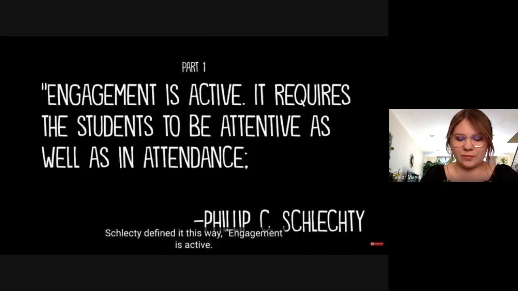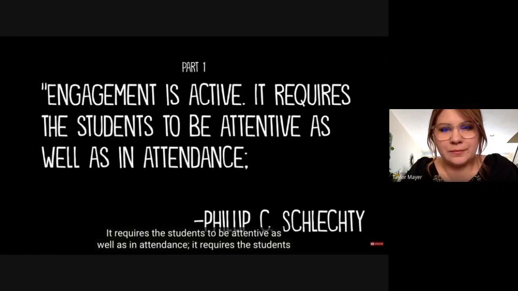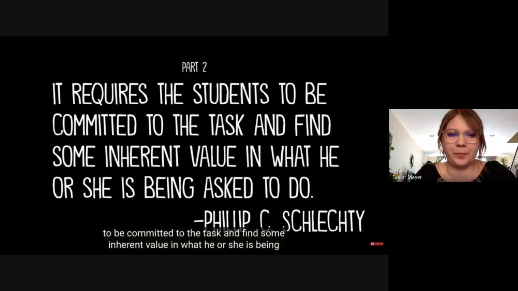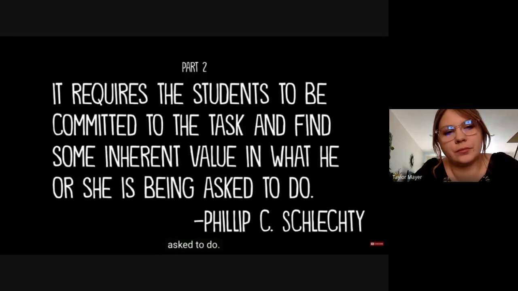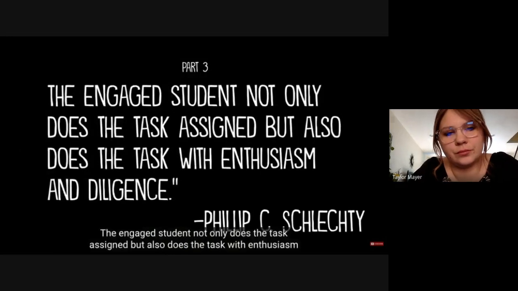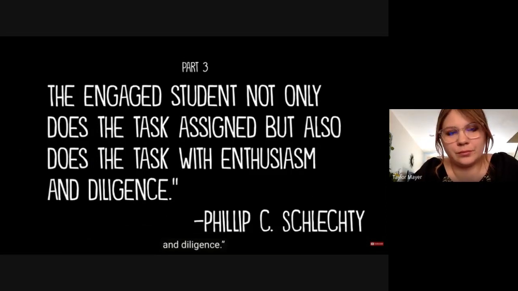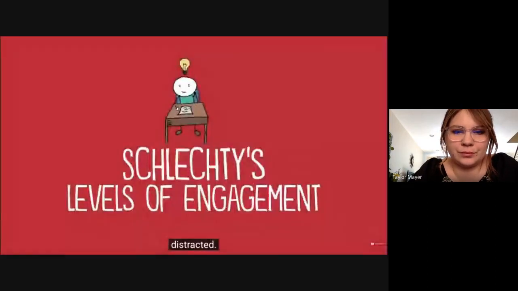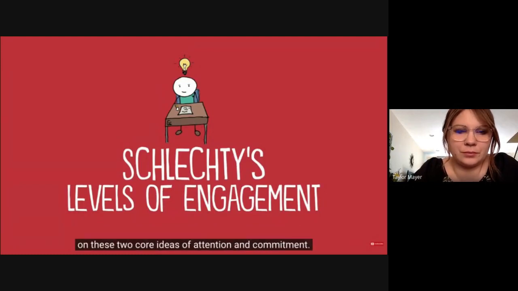Schlechty defines it this way. Engagement is active. It requires the students to be attentive as well as in attendance. It requires students to be committed to the task and find some inherent value in what he or she is being asked to do. The engaged student not only does the task assigned, but also does the task with enthusiasm and diligence. In 2002, Philip Schlechty developed a framework for thinking about student engagement based on two core ideas of